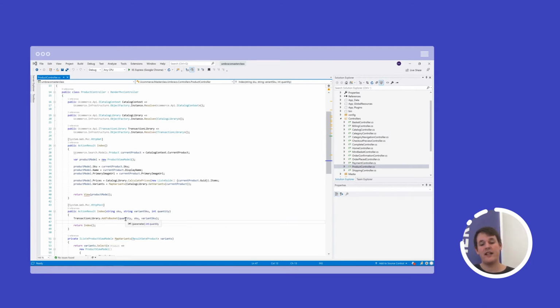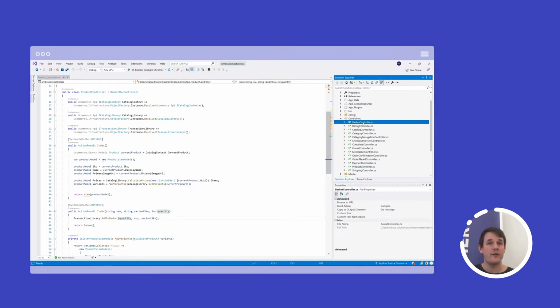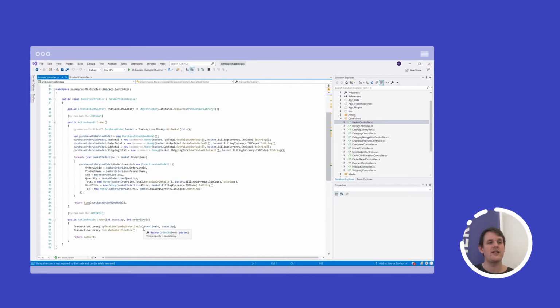Now let's try to actually dive into what's going on with the basket pipeline. The pipeline is being executed somewhere in the system. For example, here when we add to basket, e-commerce will implicitly also execute the basket pipeline. But if we take a look at the billing controller or the basket controller, for example, that is a good example of where you explicitly call the pipeline. So this is where the event is fired, if we should keep that lingo and compare it to events.